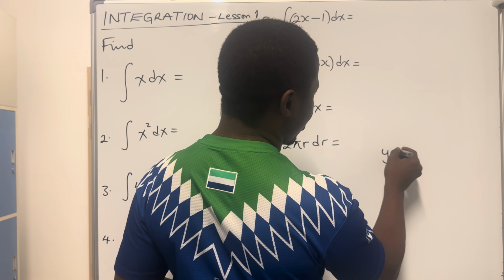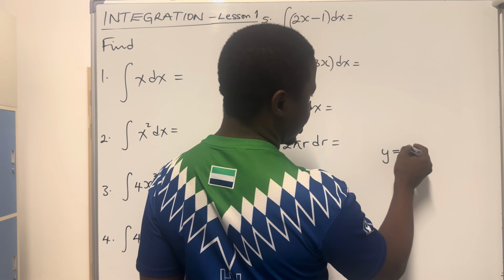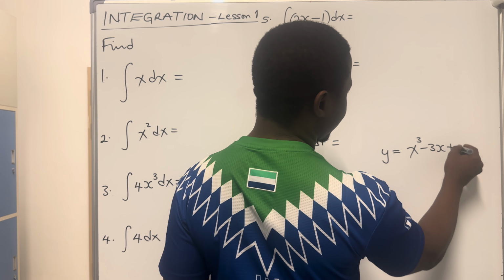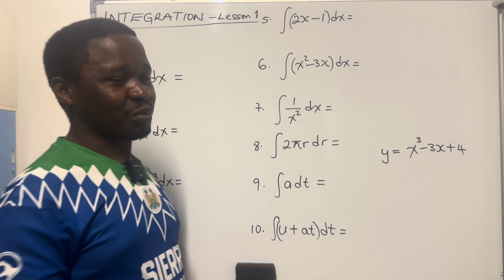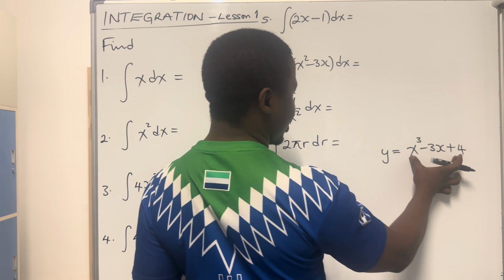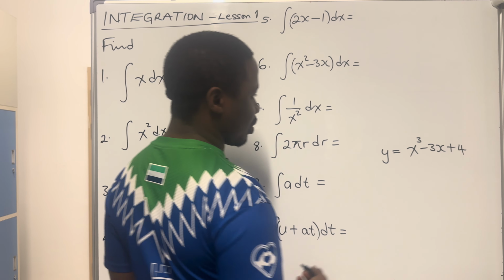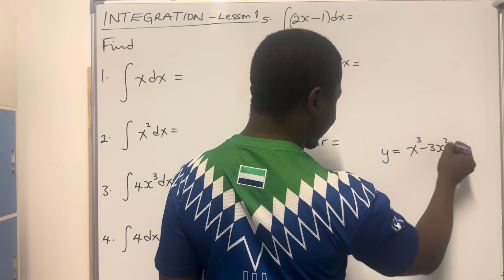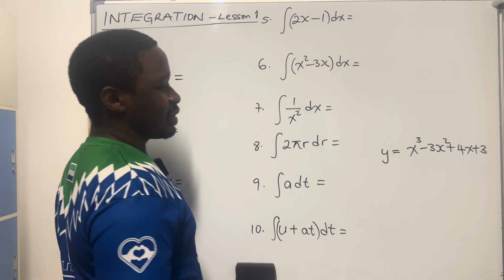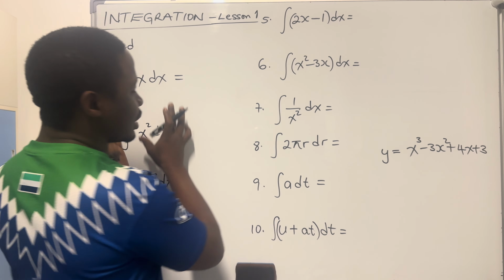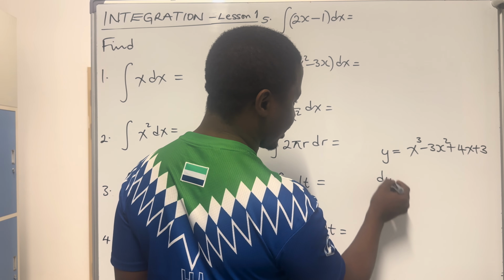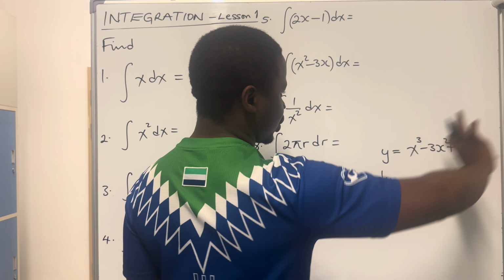y is equal to x cubed minus 3x plus 4. I just want to explain a scenario. Now, we have a function y equals x cubed minus 3x. Let me make it a complete one. Now, not integration, in differentiation, if we want to differentiate y with respect to x,